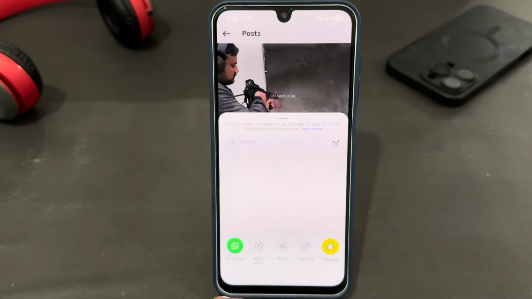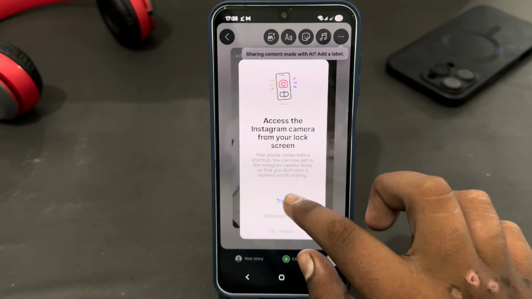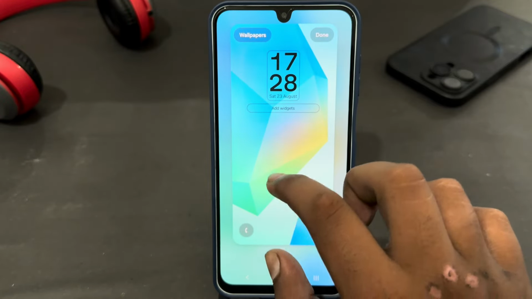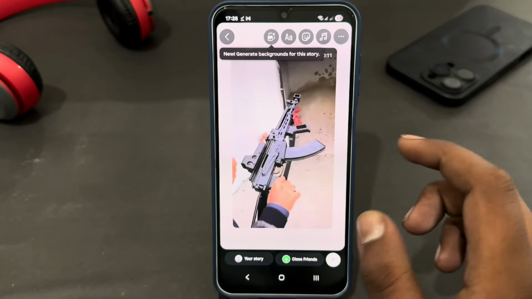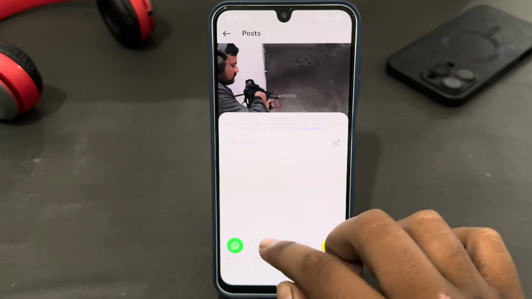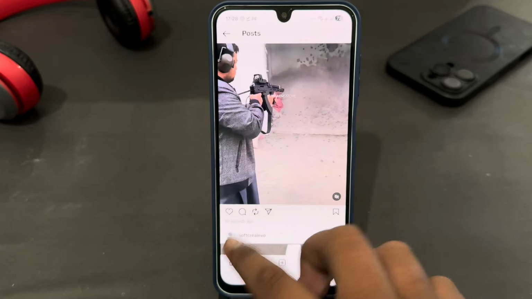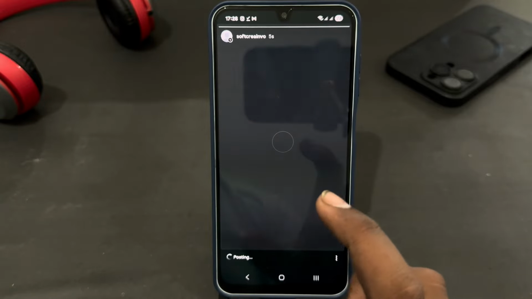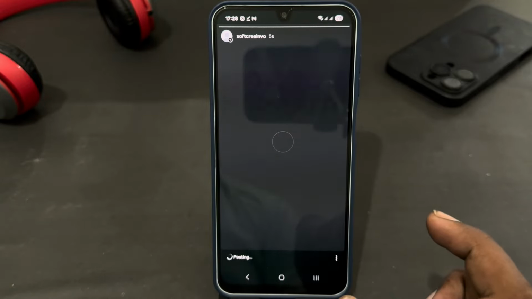and after that you will get this type of screen. You just have to customize your story which you want, then tap on your story option to set the video as your own story. So here you can see that the video has been posting. So in this way you can easily repost your videos or